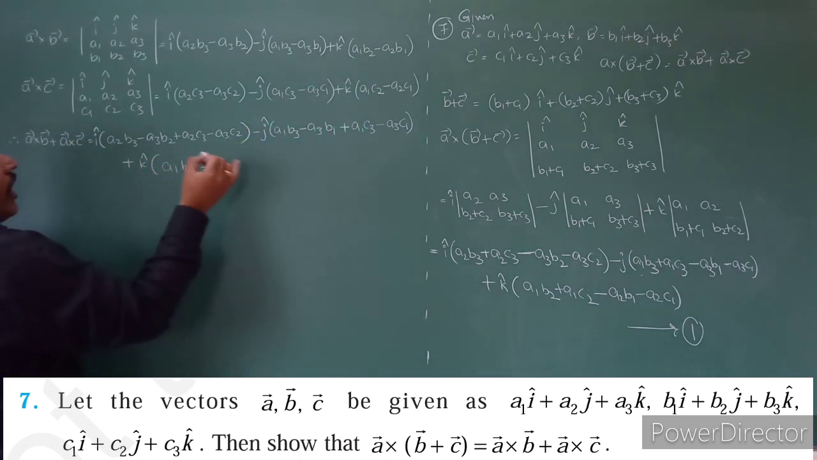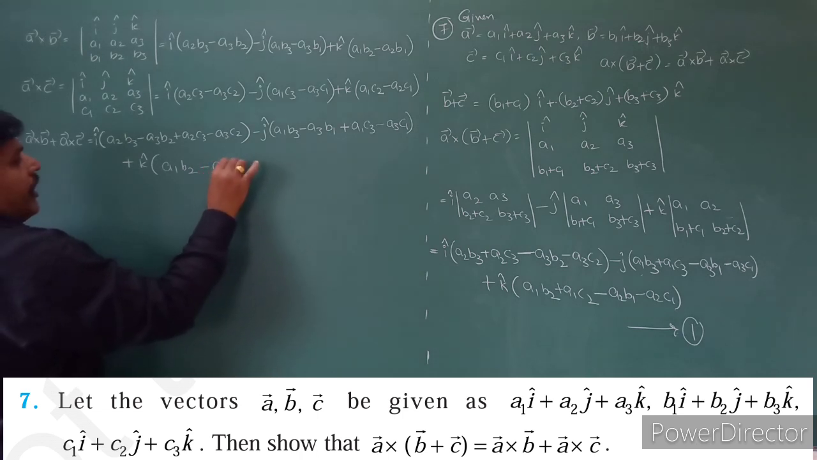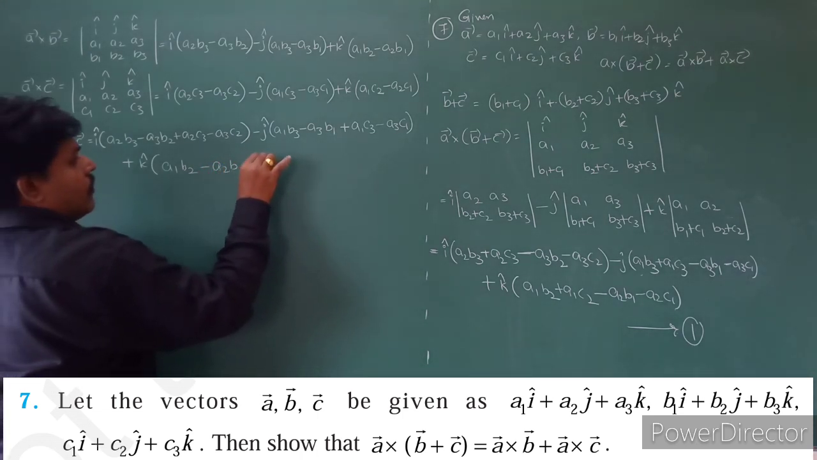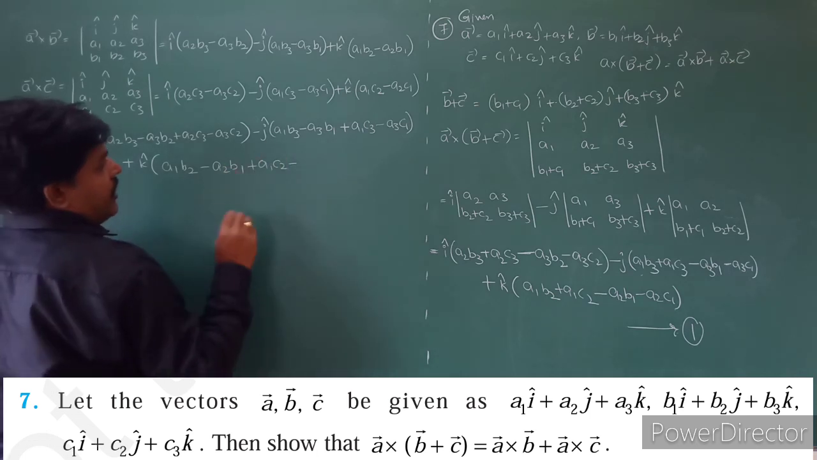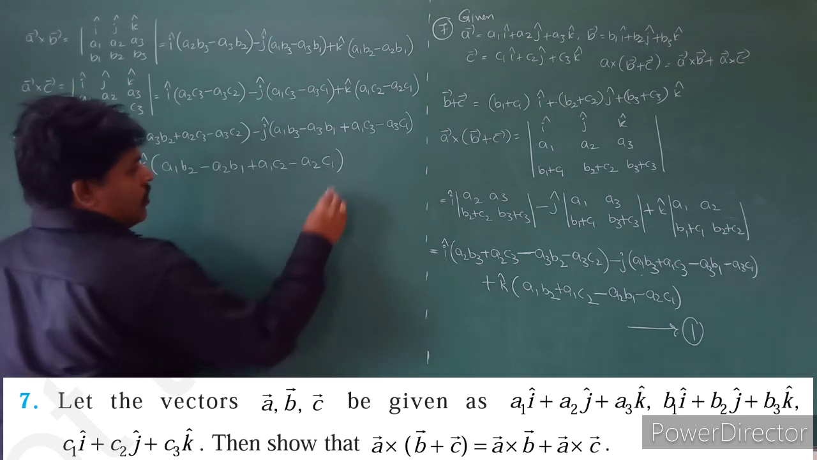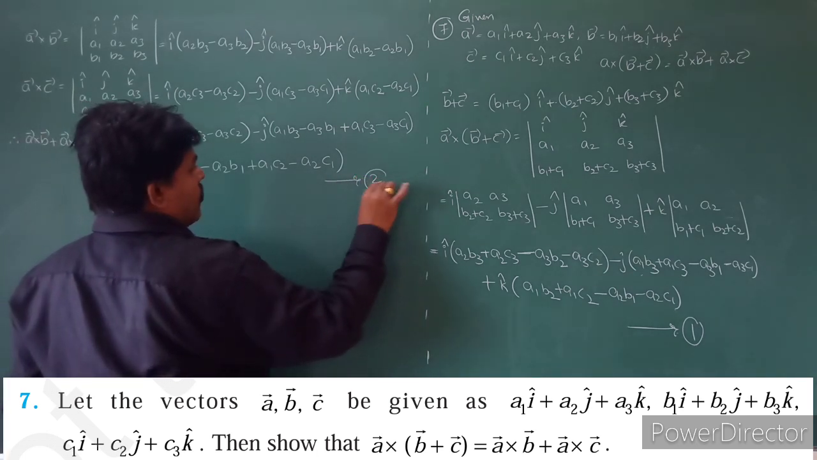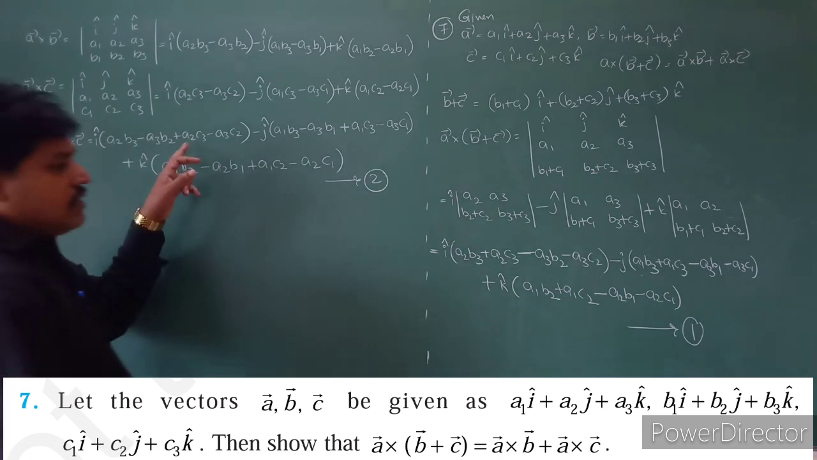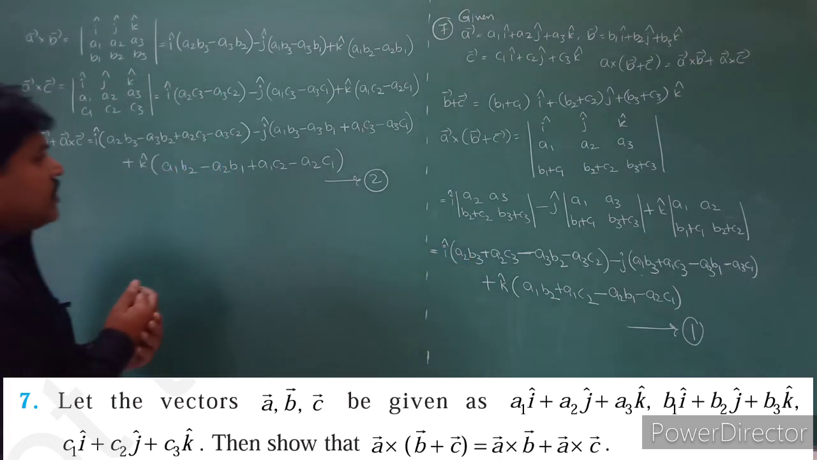A1B2 minus A2B1 plus A1C2 minus A2C1. So take this as equation number 2. Observe this one and this one. Are these two equal or not? Check the condition. First,